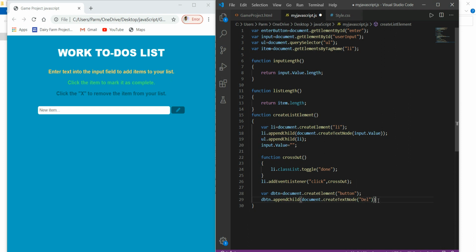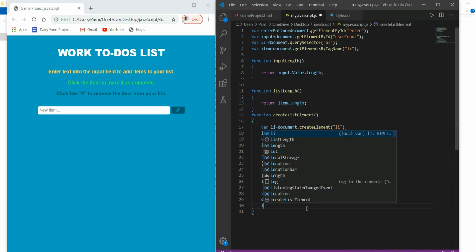Okay, we want the button name to be del, or instead of del we can use a cross symbol, as we have written cross. X is to delete this, so here I write that symbol, that is capital X. As I have already mentioned over there, click X to remove the item from the list, so that's why I'm using X over there.